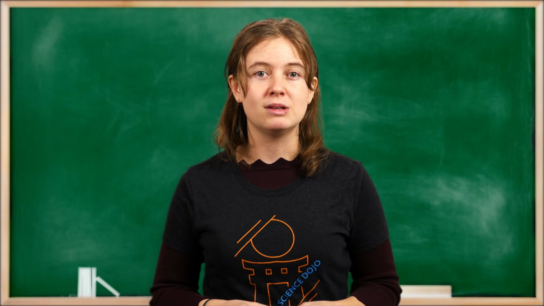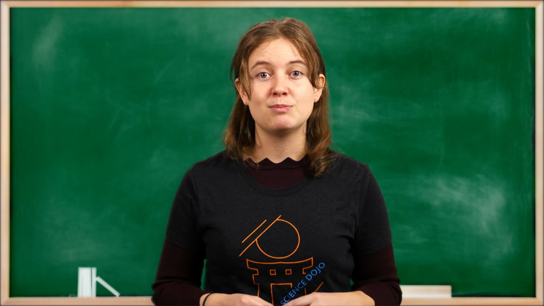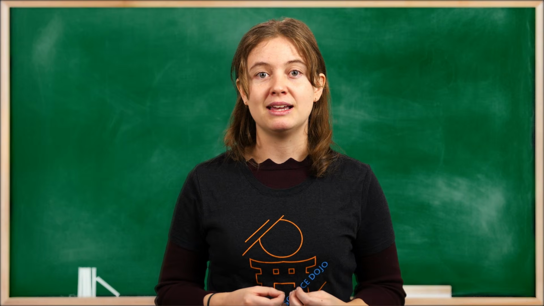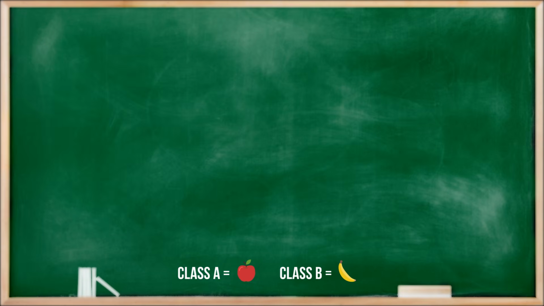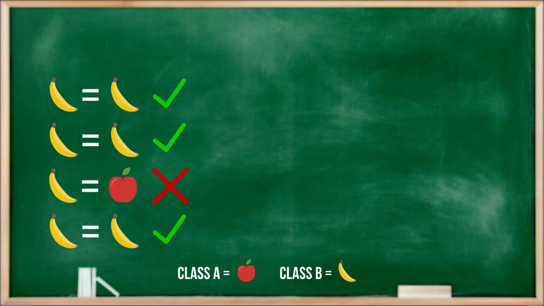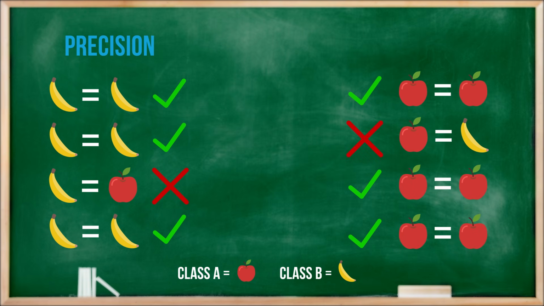But precision, recall, and F1 measure different things, so let's break it down into each of their parts and the role each plays in measuring a model's accuracy. Let's say your classification model predicts apples and bananas. If your model avoids a lot of mistakes in predicting bananas and apples, then your model has a high precision. Likewise, if your model avoids a lot of mistakes in predicting apples and bananas, then your model has a high recall. You want your model to aim high for both precision and recall, where your model avoids as many mistakes as possible, doing a good job at correctly predicting both apples and bananas.